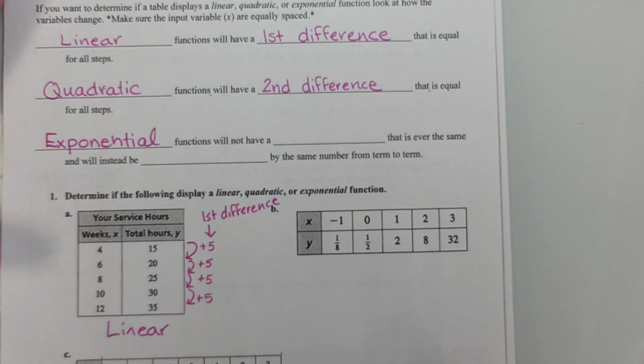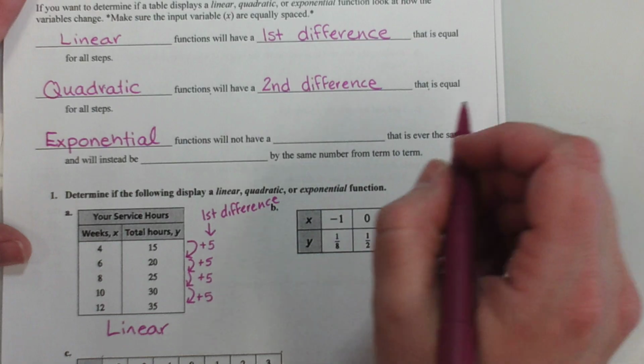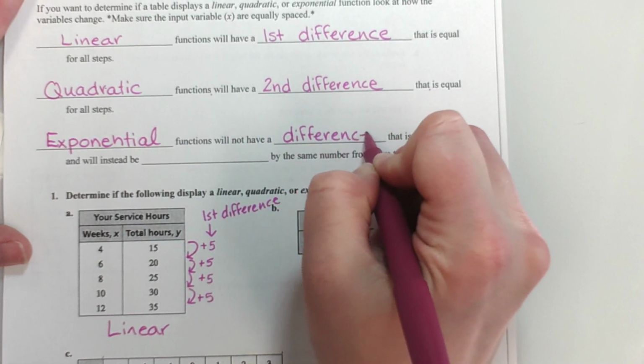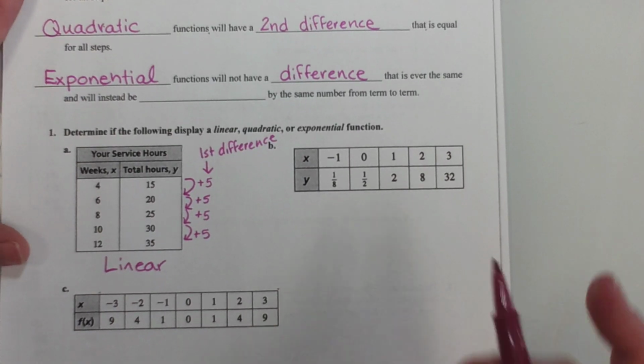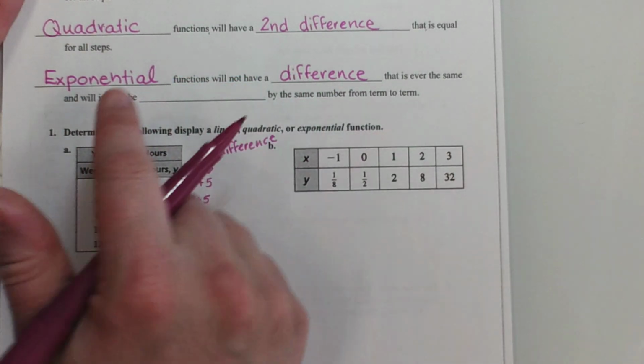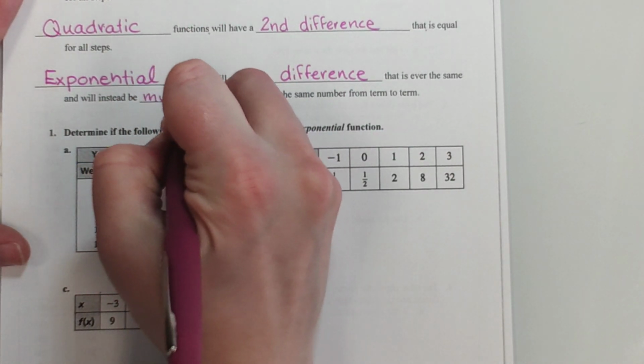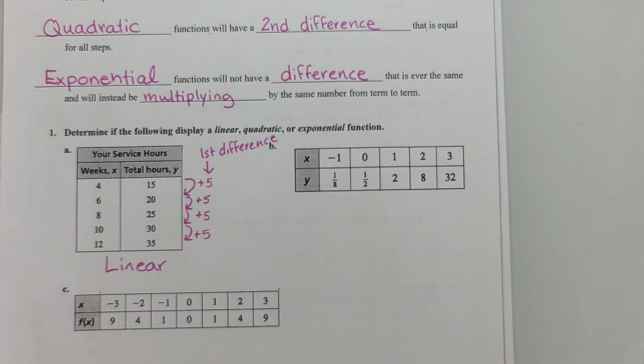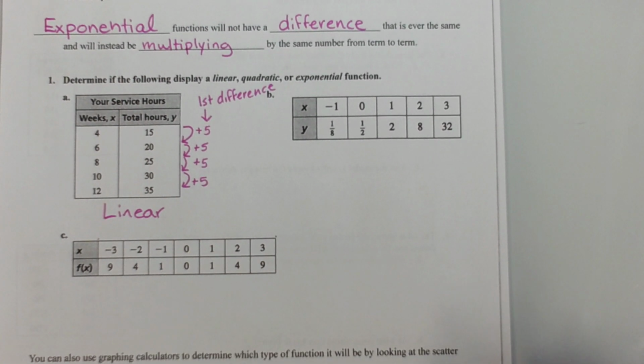Exponential functions will not have a difference that is ever the same. Instead, you will be multiplying by the same number from term to term. So if I want to determine if I have a linear, a quadratic, or an exponential table,